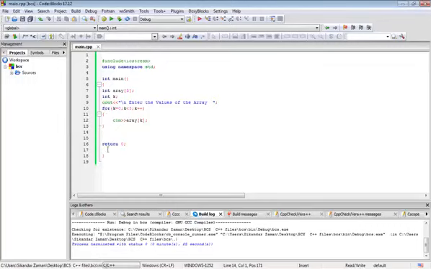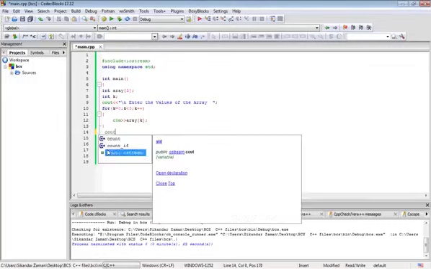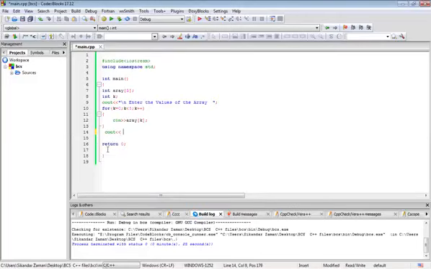The same thing we will say cout, same method. The values of the array is equal to